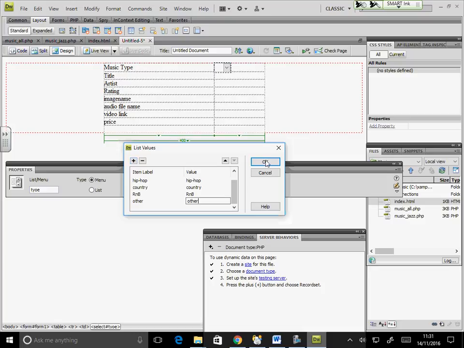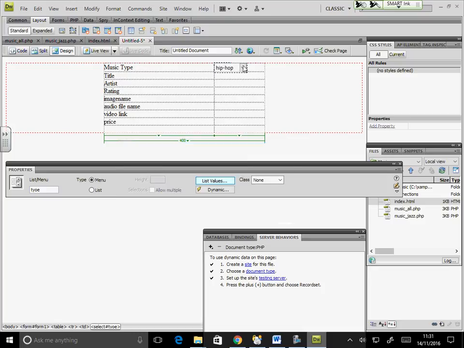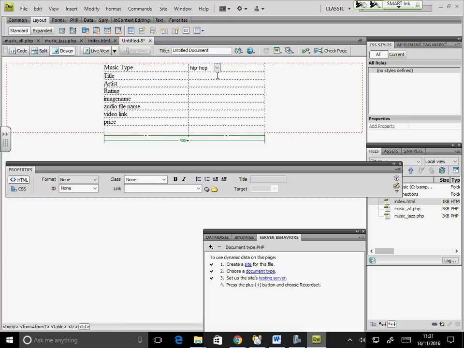But that is my website. It's just giving them this option. There's no validation for this because they'll have to choose a value from here. And if they don't choose anything, the default selected value goes. Does that make sense? Title, you could do a Spry text field, and I'm going to do them from here.